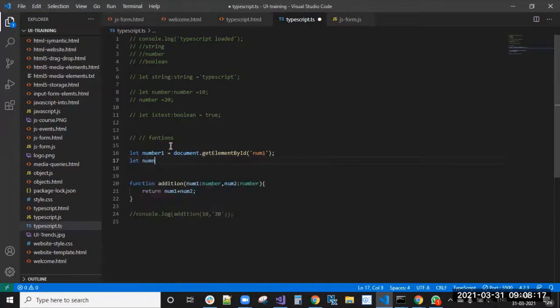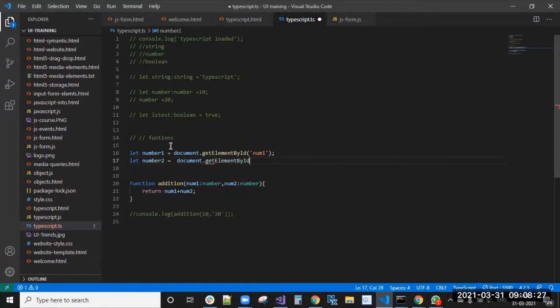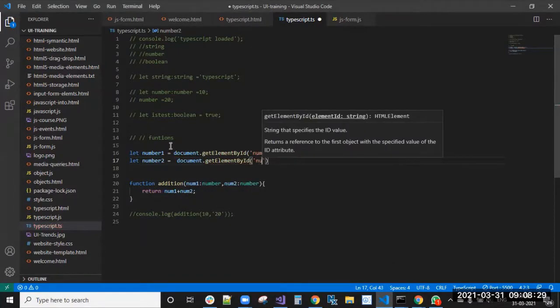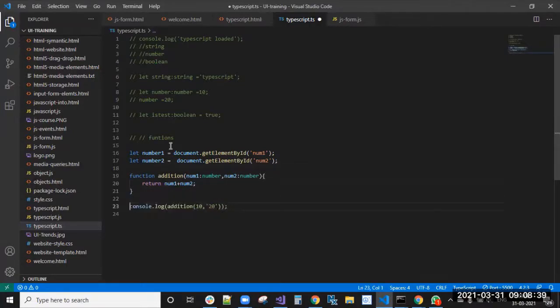Let number two equal, same, document dot getElementById of num2. So this we already know, right? Now console.log of the addition.